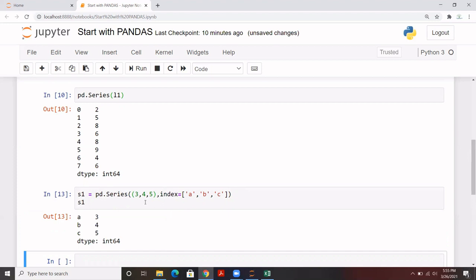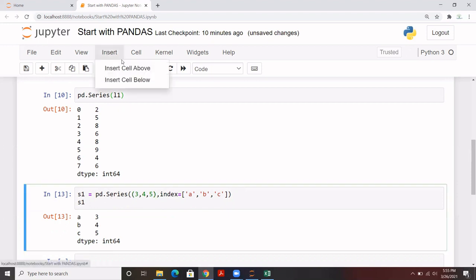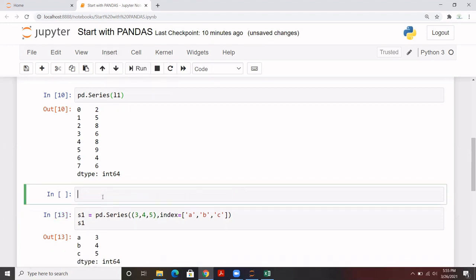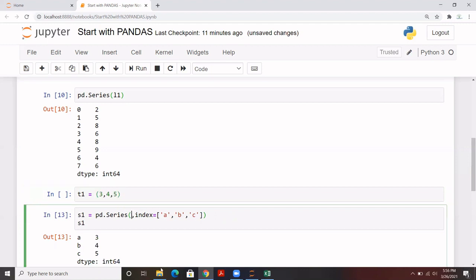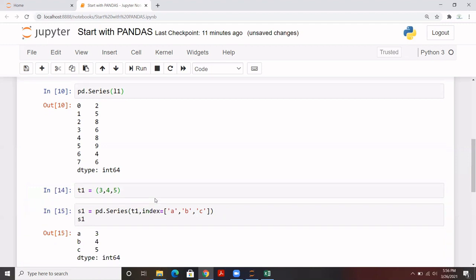And the same thing, let's say you want to do with a dictionary, you can write it like this as well. Let's say I have created a tuple T1, and in T1 I have given this value, for example this one. Let me give it here only, and I'll be passing this T1 here. So I need to run this and run this, and here it is, right?